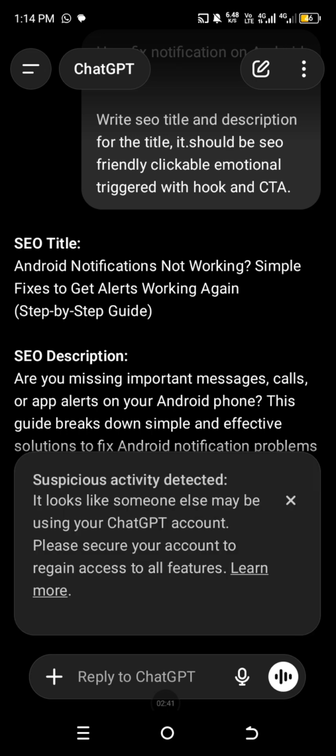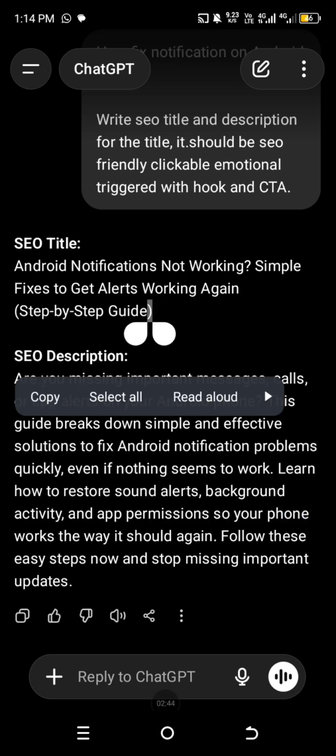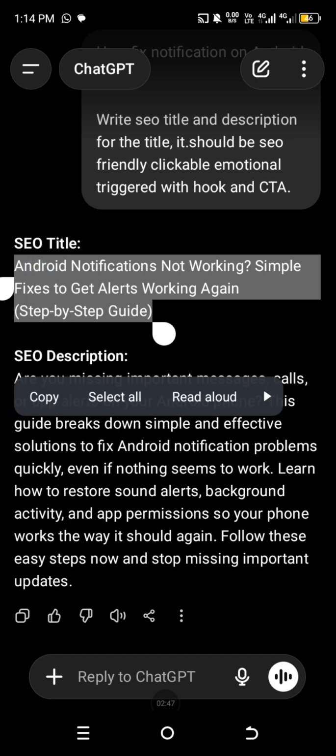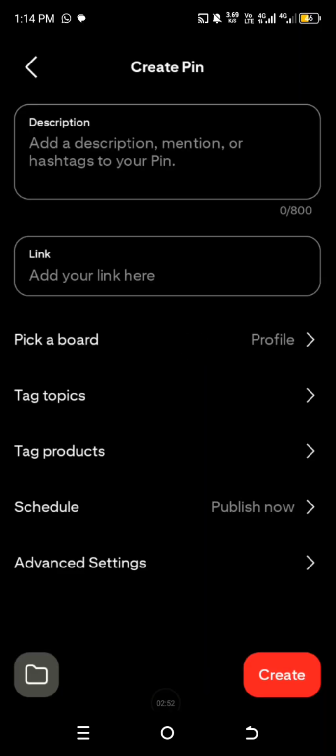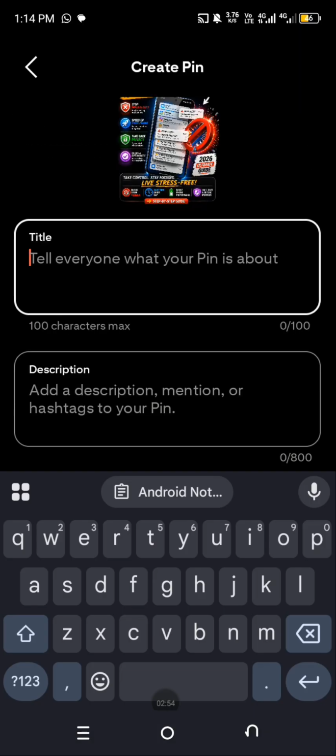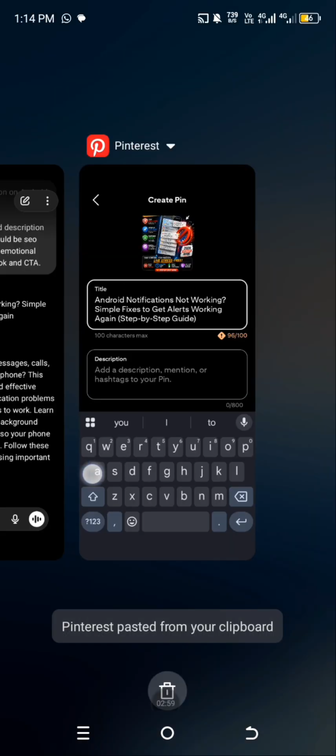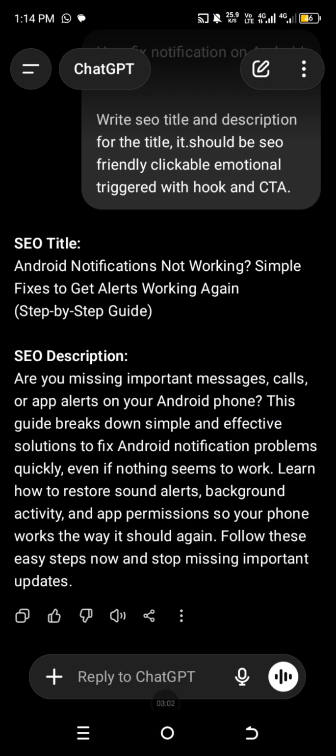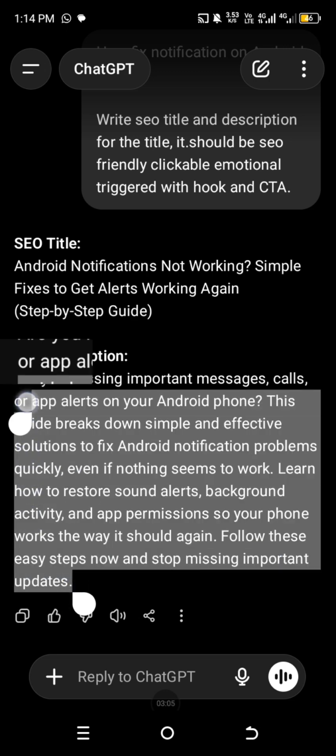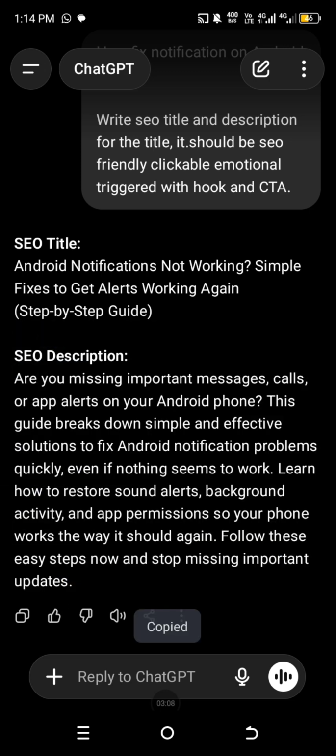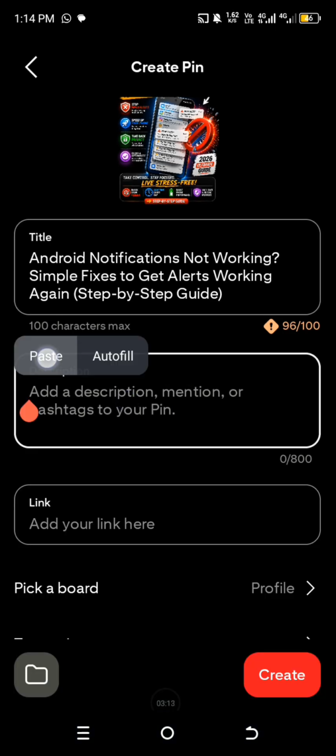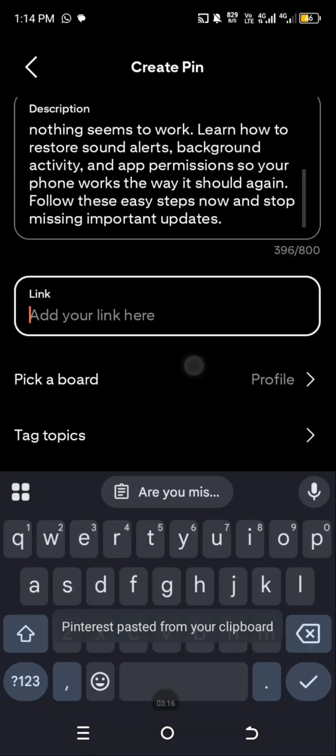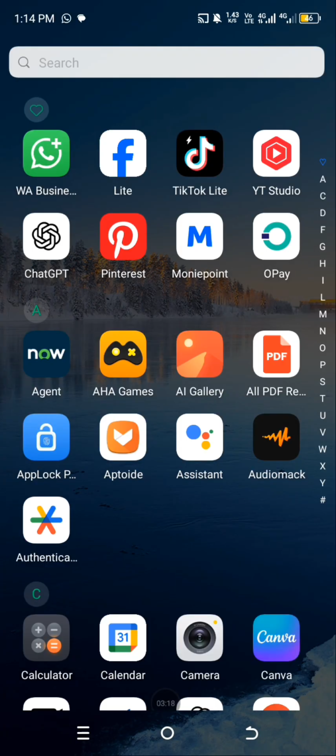So you come here, then you copy the title. This is the title. You copy the title, you go to your Pinterest account, then you paste the title here, then you go back to your description, you copy your description, you come to your Pinterest account, you paste it here, then you press this one, your link, you go to